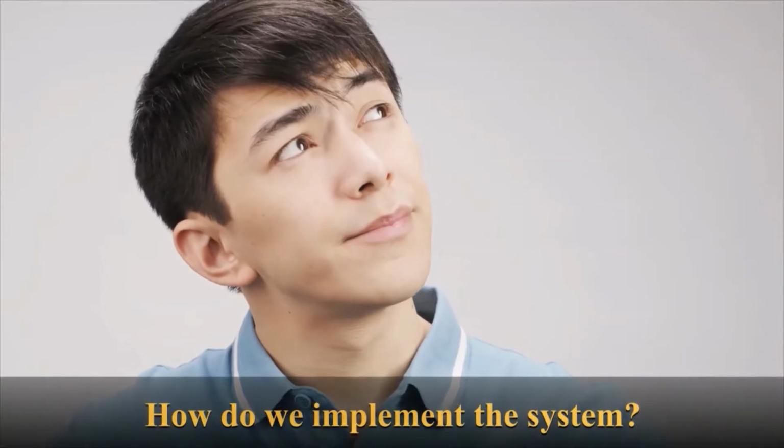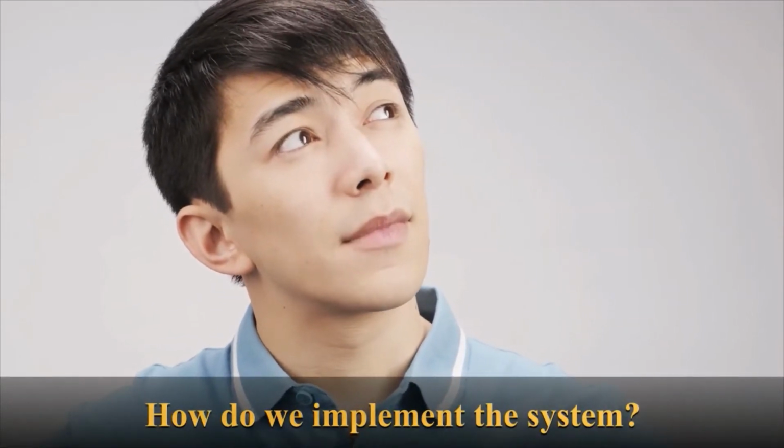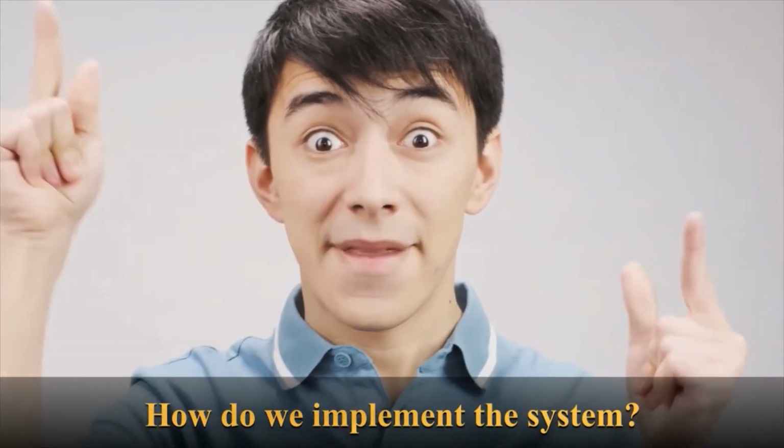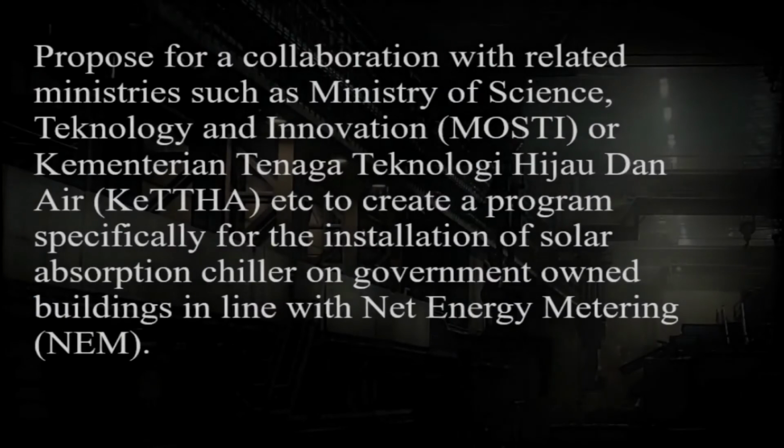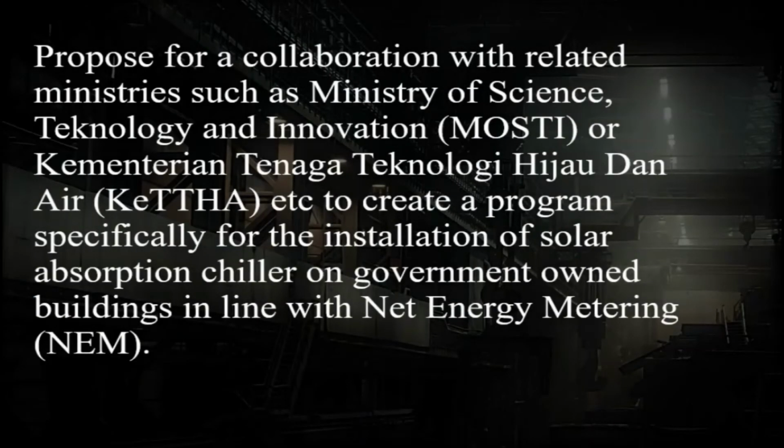But how do we implement the system? No worries, we have a proposal of strategy for the implementation, phase by phase. For the first phase of the strategy, we would like to propose a collaboration with related ministries, such as the Ministry of Science, Technology and Innovation, known as MOSTI, or the Ministry of Energy, Green Technology and Water, known as KETA, to create a program specifically for the installation of solar absorption chillers on government-owned buildings in line with net energy